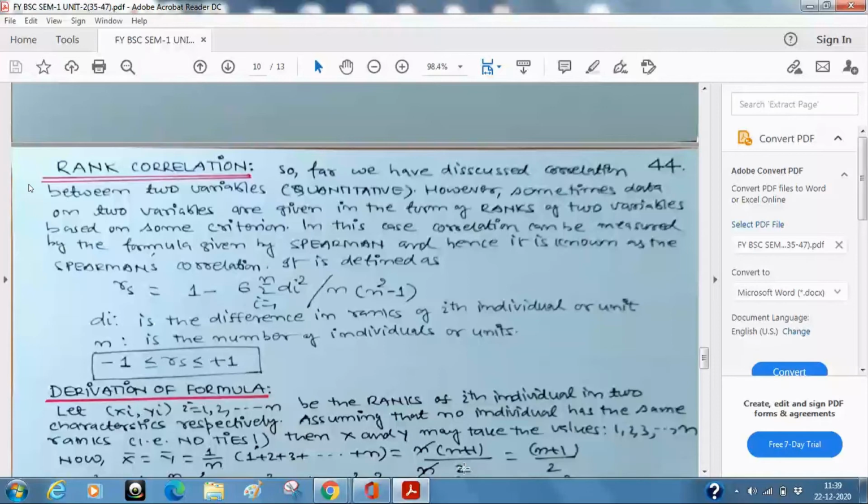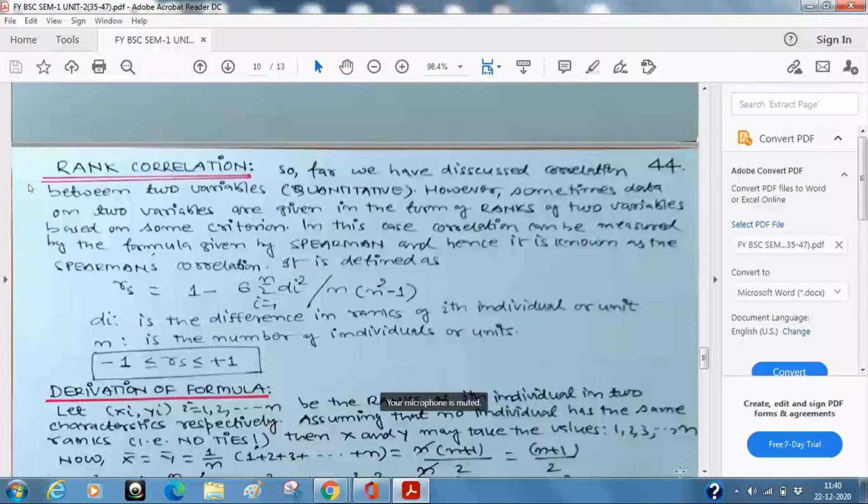Can all of you see this? This 1 upon n will not go anywhere. This is already here. What is written below, can you see it? Now this n gets cancelled with this n. So what is the final value? That is simply n plus 1 by 2. Is this step clear?